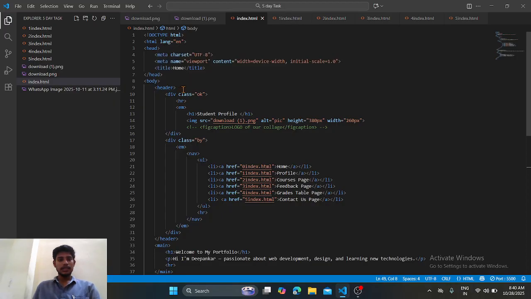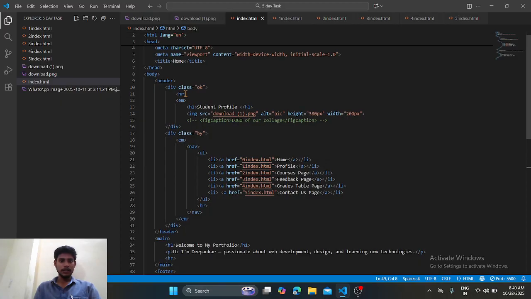After that I add a header, and I also give a div and class. What is the meaning of class? When I put any class, it means I give it one class. Id and class are both different, but when I put a class, it means I can use the class on the other side also. This is also the class specialty.